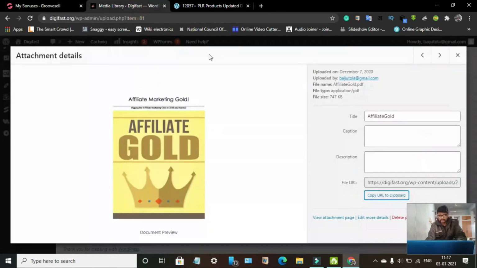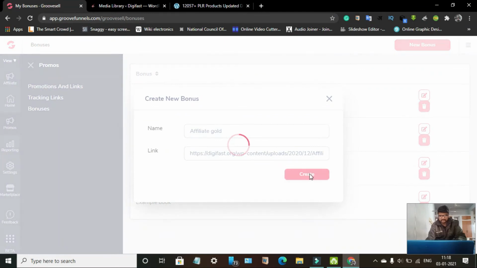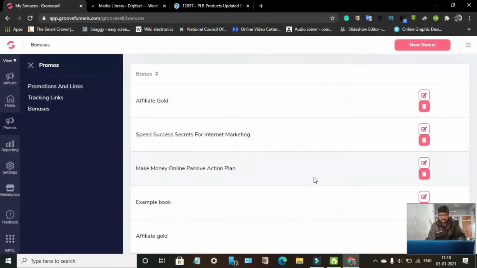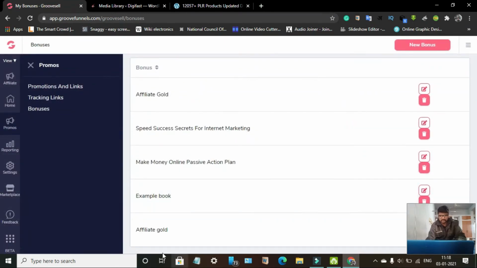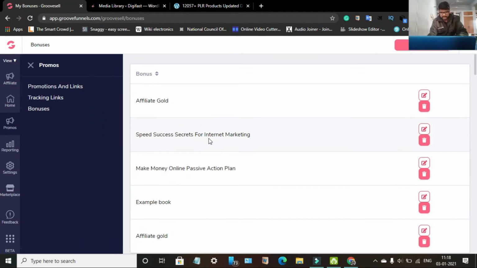Okay, go back to WordPress and just copy this link, the file URL, and provide it here in the link section. Click create. This is the only thing you need to do. You can see here this is set in your bonus section.